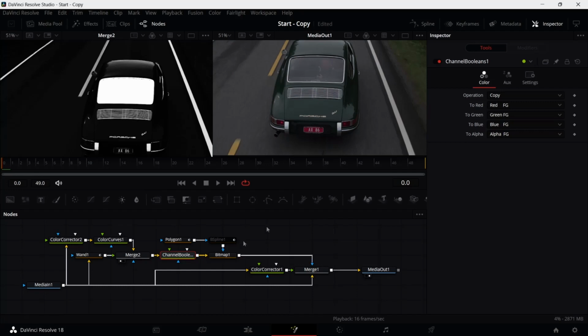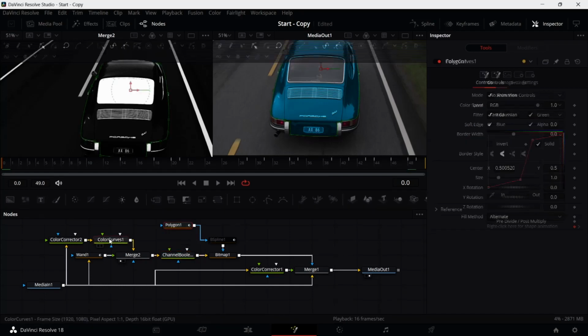But while we have the channel boolean open, it's all the same to it here. Since this is black and white, we can come down to alpha and tell it whatever to grab: red, green, blue, whatever. It doesn't matter. We can call it red and say FG foreground. And I think when we click on that, that brings our chrome over somewhat. Not as nicely as I was hoping for it to, but